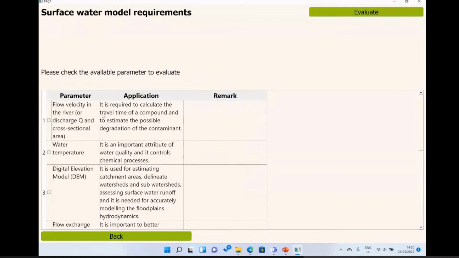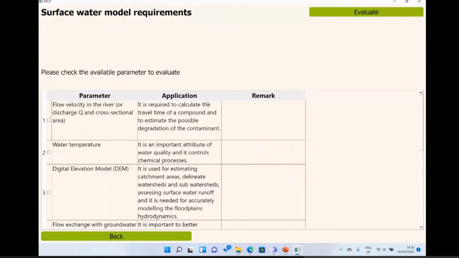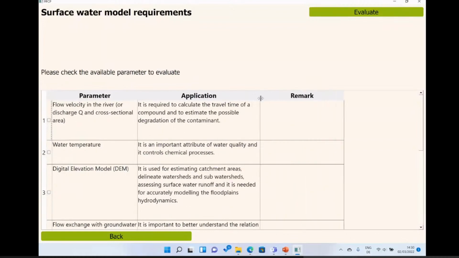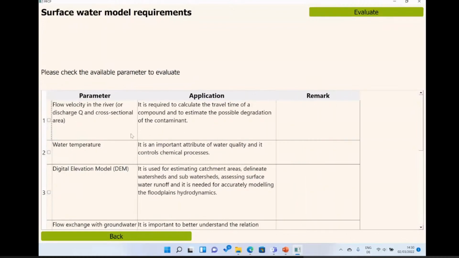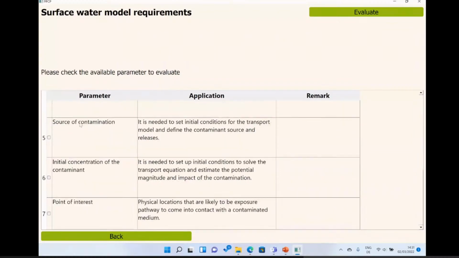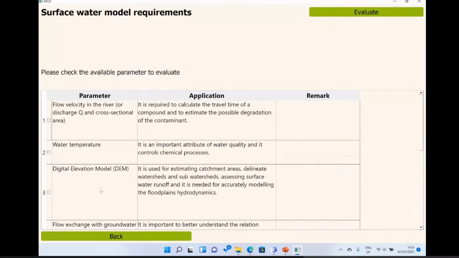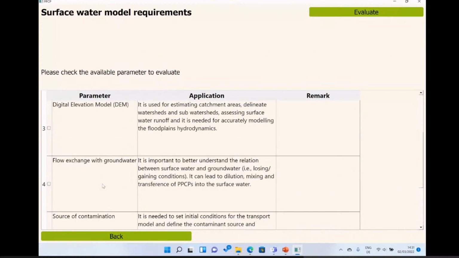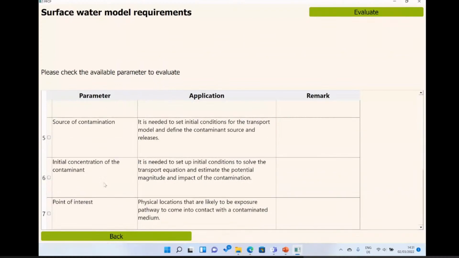You can easily change the size of this table, like an Excel table, and read the parameters. For example, here we have flow velocity, water temperature, digital elevation model (DEM), flow exchange with groundwater, source of contamination, initial concentration, and point of interest.